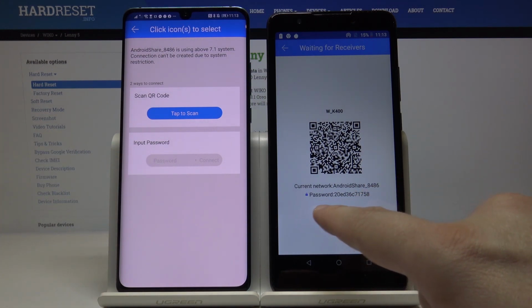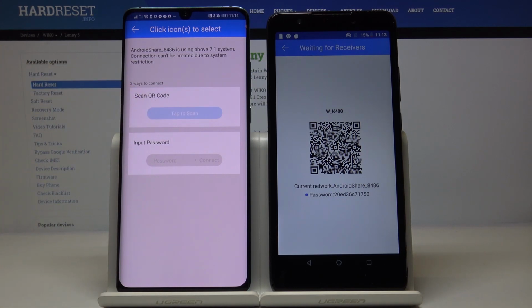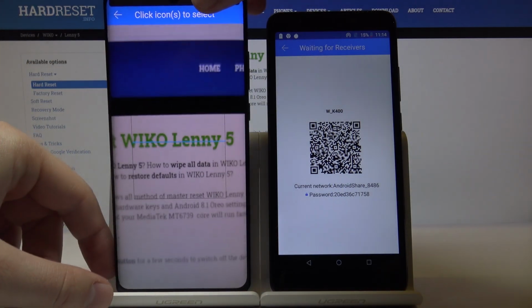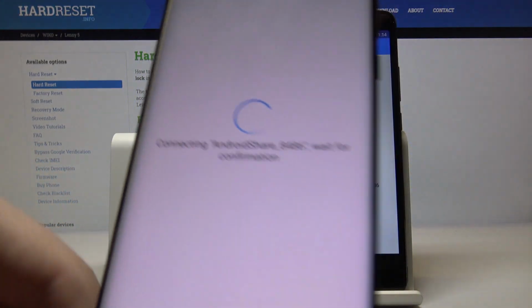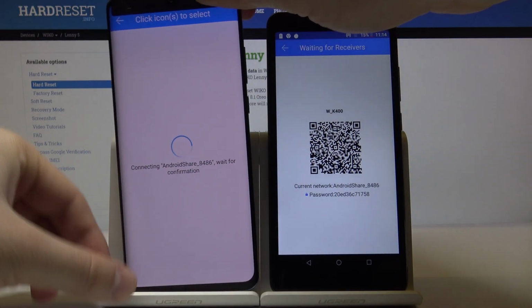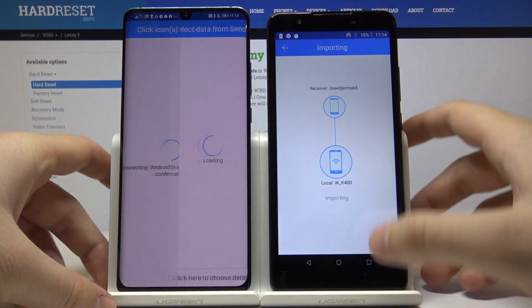You can find the password here, but also we can scan QR code, so click on the tap to scan, then hold your phone and scan the QR code. Okay, and right now they are connecting. Accept the request on the Wiko,